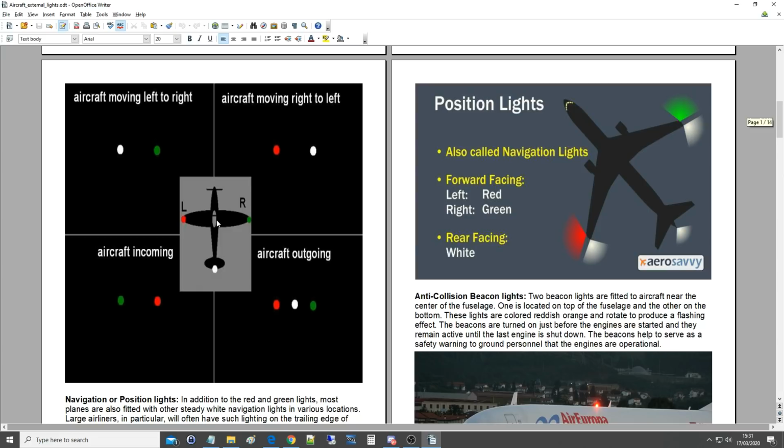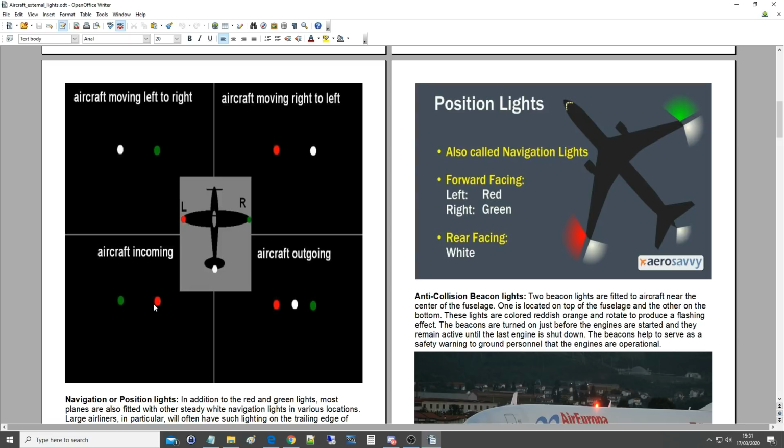We move on to this guy here. We've got our aircraft here. On the left, we've got our red navigation light. On the right, our green, and on the rear, our white. So if we look at it from the right-hand side and the plane was moving in the direction of my cursor there, left to right, we would see that green there, that white there. We'd know the aircraft is flying left to right, and vice versa. We'd know the aircraft here is flying right to left,